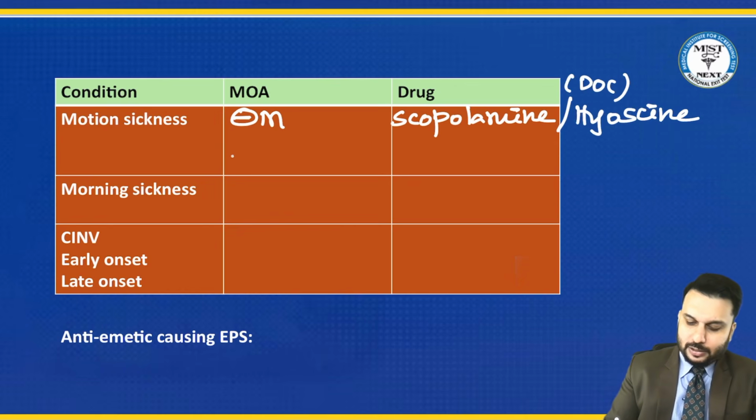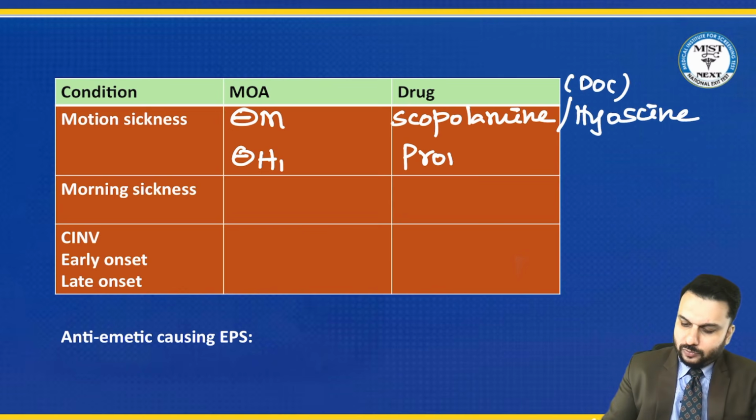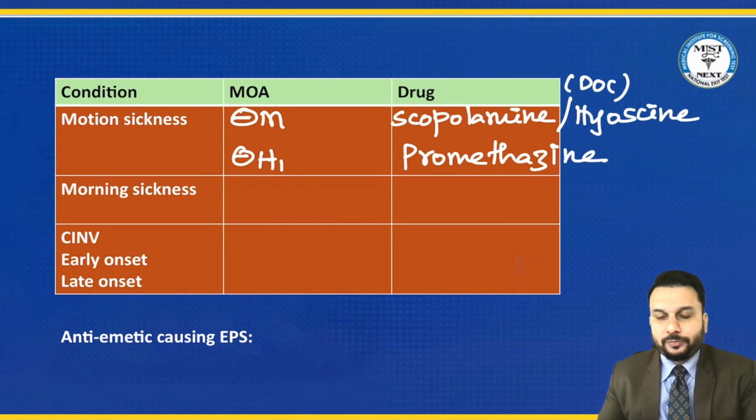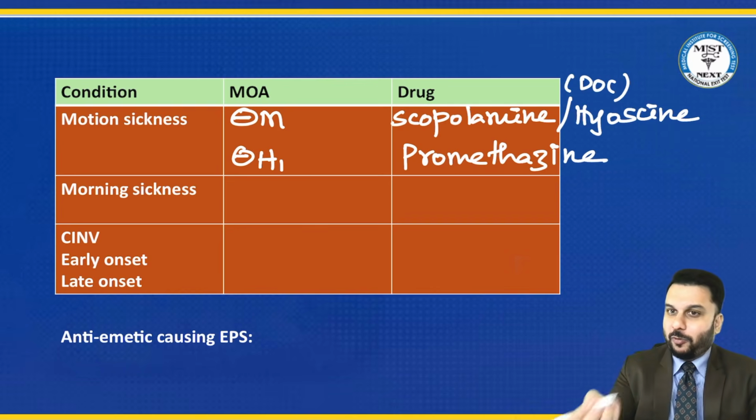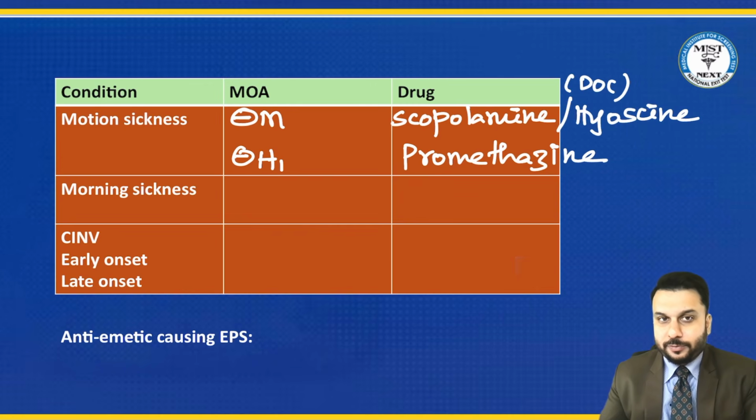Next, there's another drug that is an antihistaminic. It blocks histamine receptors, H1. So this drug is called promethazine. Promethazine, it can also be used for the motion sickness. And by the way, if you remember the mechanism, the first generation antihistaminics, example promethazine, they also block muscarinic receptor. Their side effect is they block muscarinic receptor. Okay, so you can think by double mechanism, they are actually reducing your vomitings.